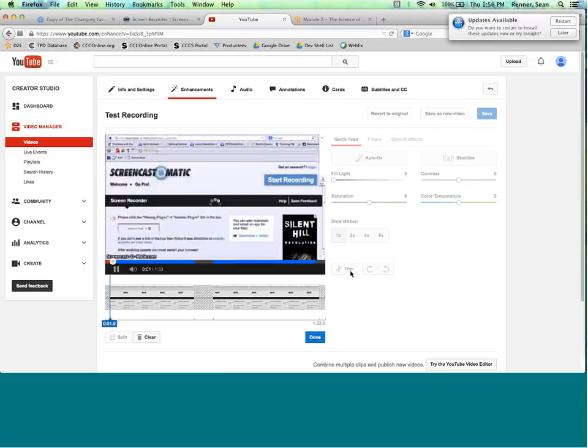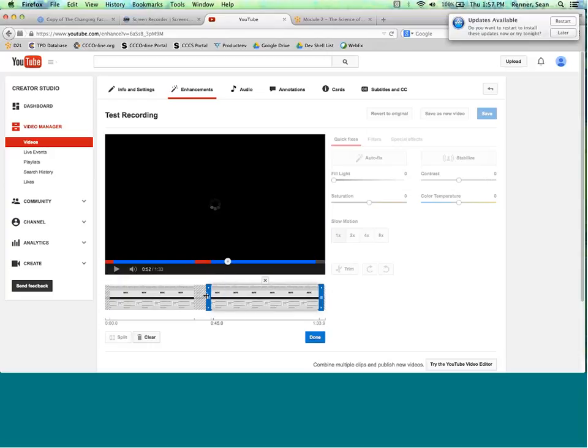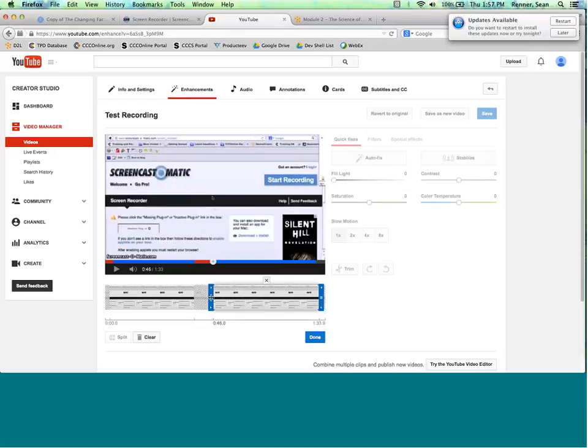Now, one really nice thing is you'll notice if I hit trim again after I've cut that out, it actually lets me come back and erase any of those trims that I made. So if I want to bring back that portion that I just cut out, I can just click and drag this bar from the portion on the right here, and now I've brought back that section in the middle that I cut out.